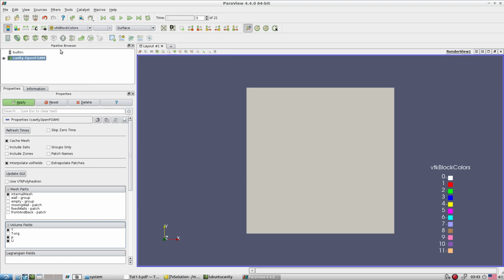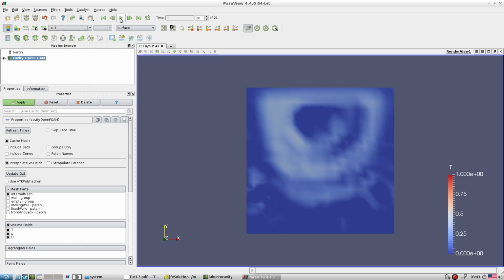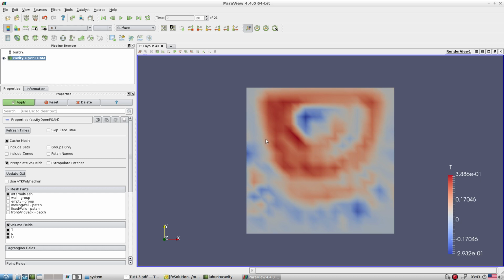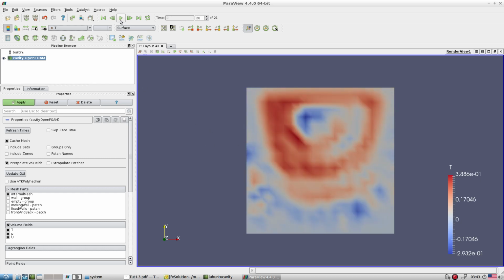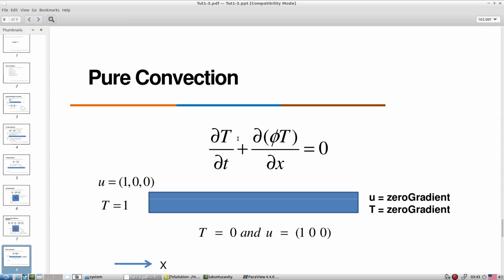So this is the T. When we simulate, look, very quickly it mixes with the entire cavity. So that is how it looks like. This is how one can very quickly generate a very simple type of solver, where we can incorporate this very simple passive scalar inside any class of flow solver.